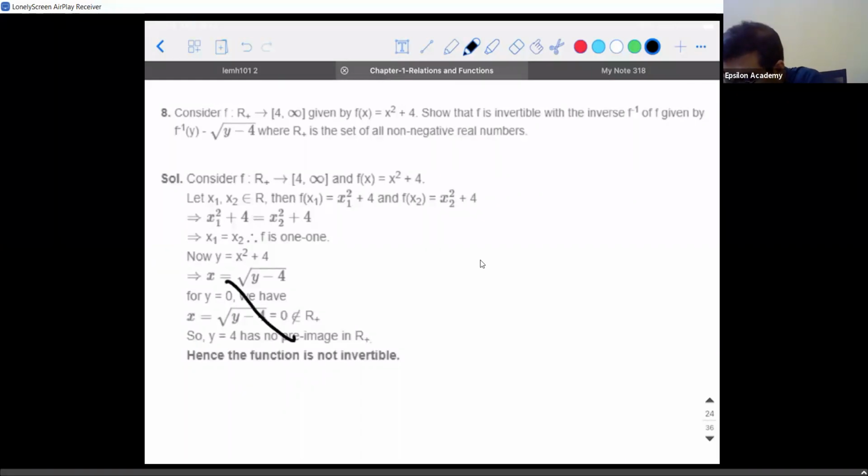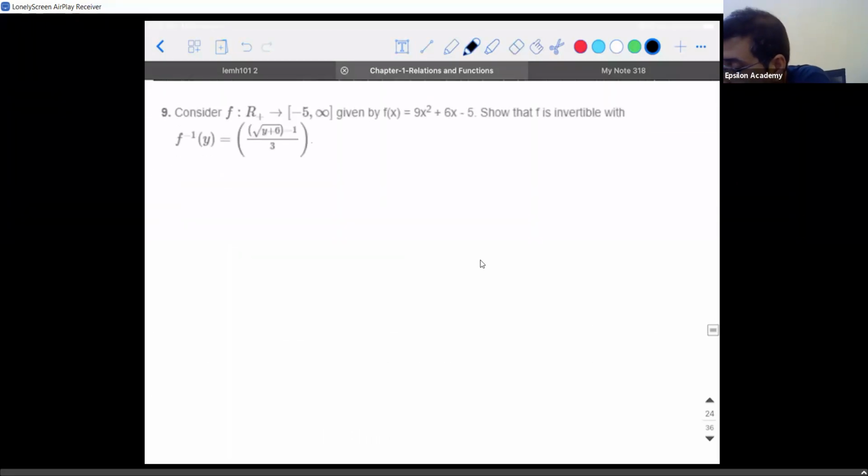Don't look at the solution, okay? Because I told you, in some books when they say non-negative real numbers, sometimes they include 0 also. Now what he is trying to say is, this guy is trying to prove something else. They have told show that f is invertible in the first place, so it has to be invertible. In this case, R plus means 0 is also included. So don't look at the solution. You follow the method which I told you. With the same logic, shall we proceed with this? It's an interesting problem. Mark it as important.